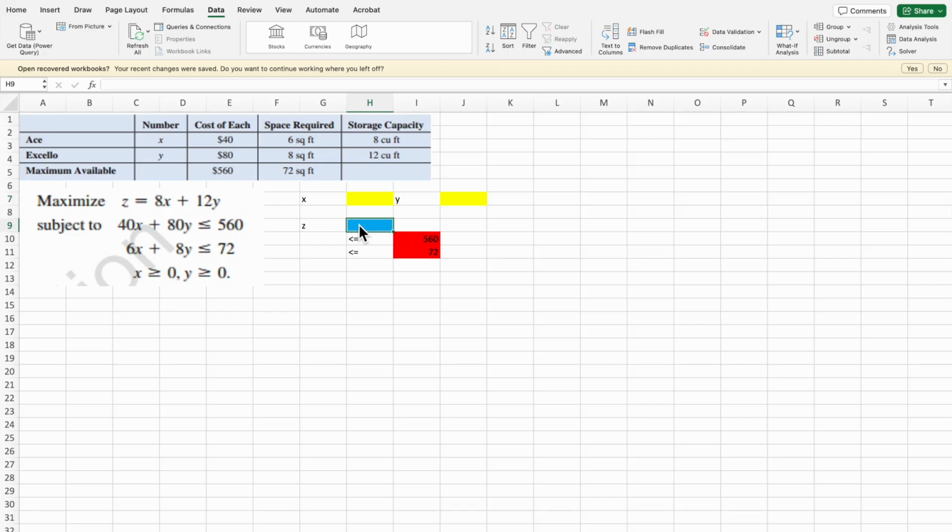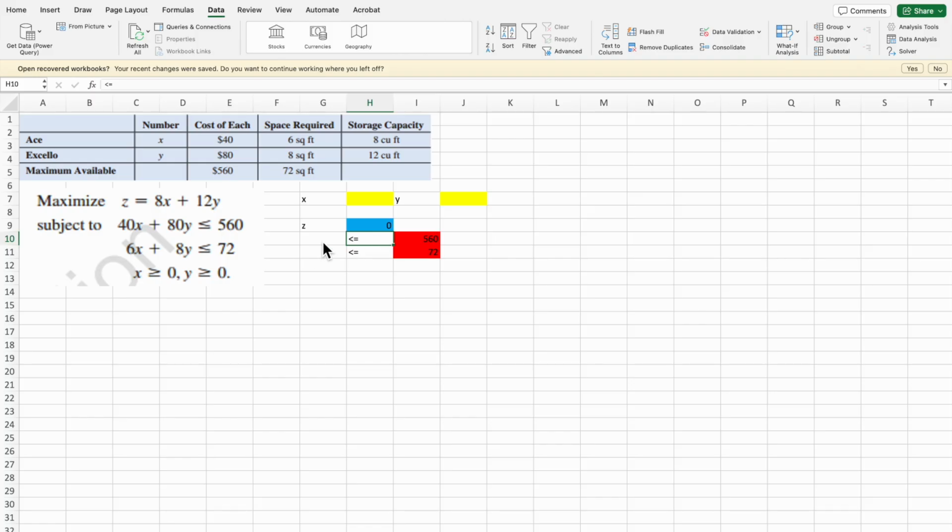So first of all, we're going to represent the value of C with X and Y, which is 8 times the value of X, which is H7, plus 12 times the value of Y, which is this one, J7. As our objective is to maximize the function, we also have some